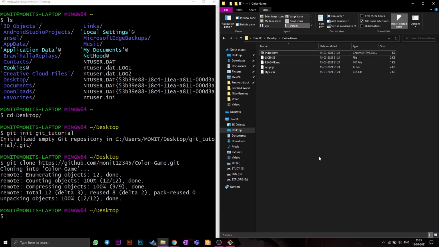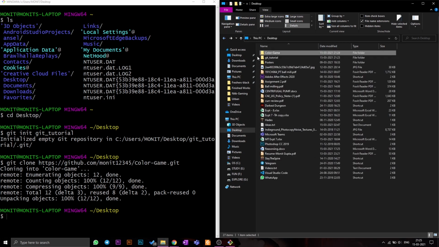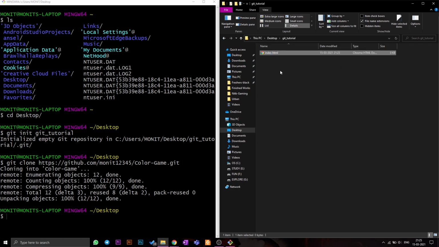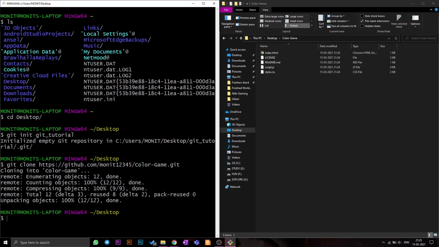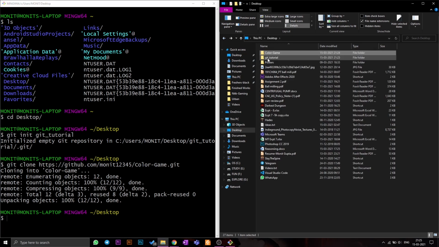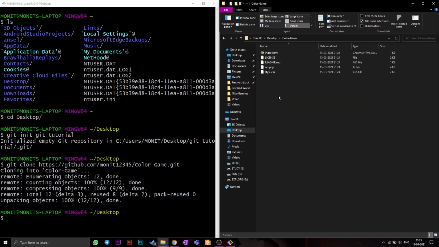Now I have two repositories. This is the new repo I made, and this is a repo I already had, and I pulled it. So I'm just gonna work in it. It doesn't matter which one you're working on, both work the same way. So I'm gonna work in this.